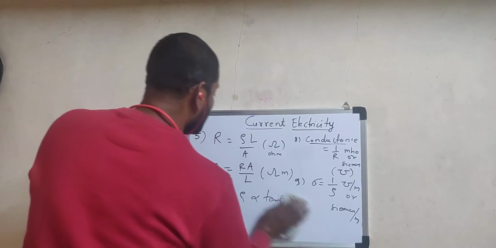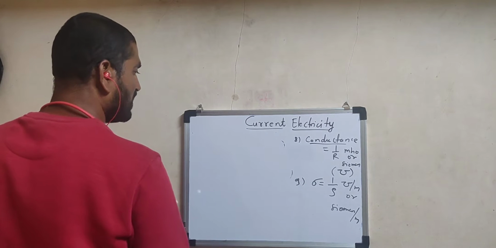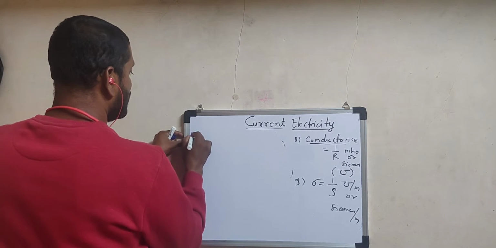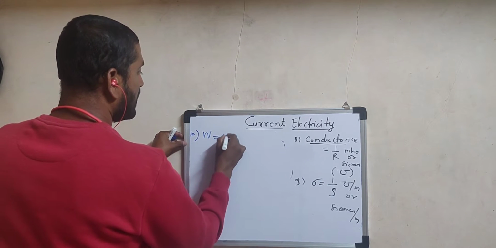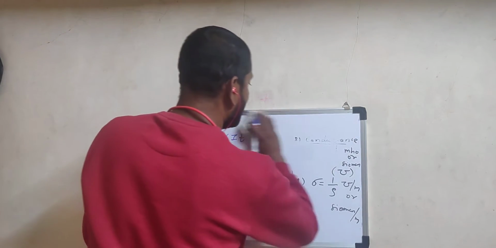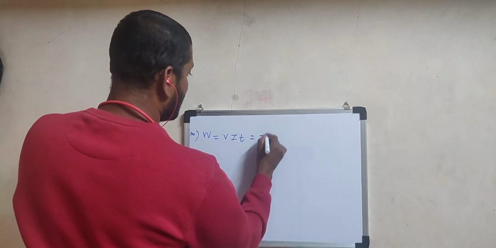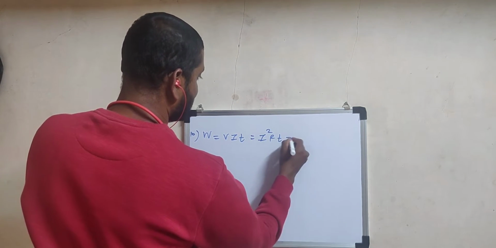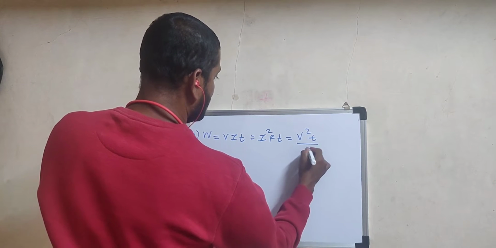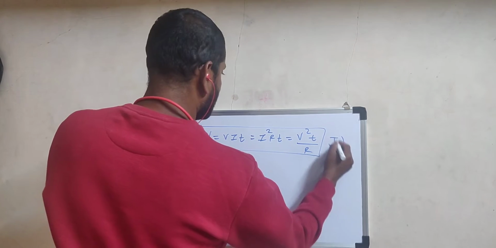Now the next formula is about work done. Work done to overcome the resistance of a given circuit has 3 equations actually. Work done is equal to VIT, Vishwakarma Institute of Technology. A simple form to remember, okay? Or simple keyword. Next form is I square RT, or the next one is V square T divided by R. This is the formula to calculate work done to overcome the resistance of a given circuit. It is expressed in Joule.